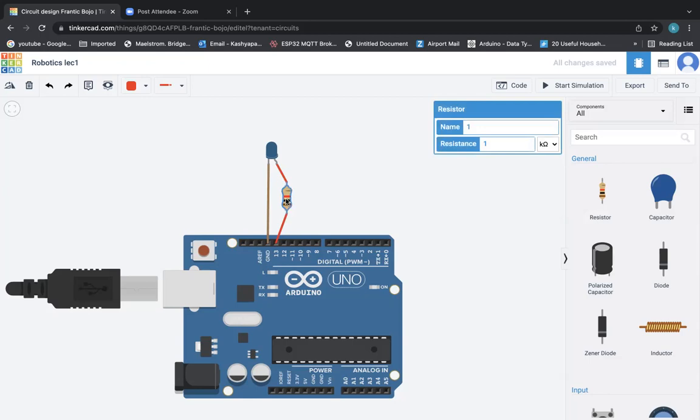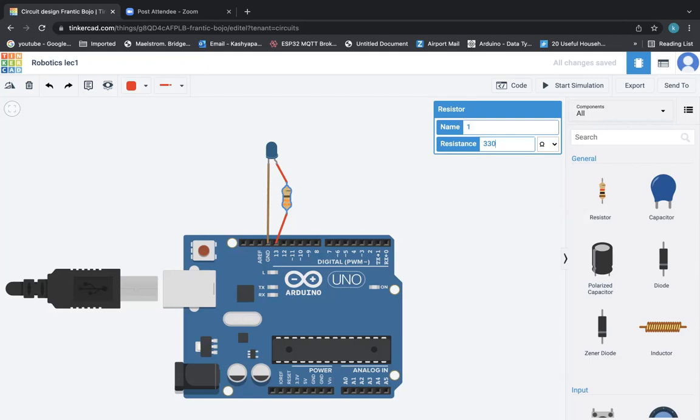So I'm going to select this resistor. If I want, I can name it, but I don't want to name it now. First of all, I'm going to change this from kilo ohms to just ohms, right? And then I'm going to type here 330. We will learn why I use these numbers in the future. So the value of the resistor is 330 ohms. And you can see when I type numbers, the ring color of the resistor is changing, right?